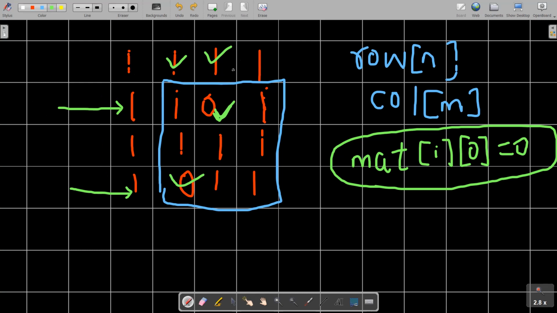After all the traversals in this inner matrix, finally we traverse the very first row and very first column and check it. If the cell value at that position is 0, like mat of I of 0 is 0, it means that the ith row will contain all new cell values as 0. Similarly, traversing the very first row, if mat of 0 of I is 0 after this inner traversal, like mat of 0 of 2, the second column if we consider 0-based indexing, it means that all those cells lying over this position will have the new cell value 0.